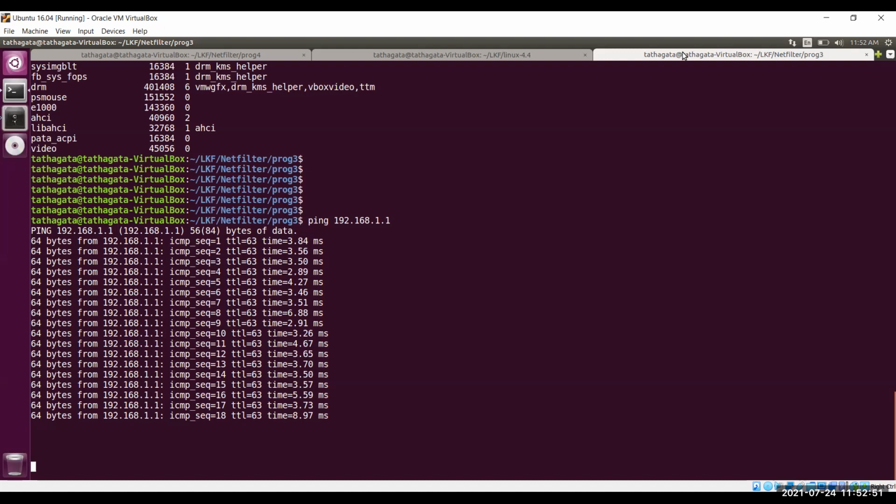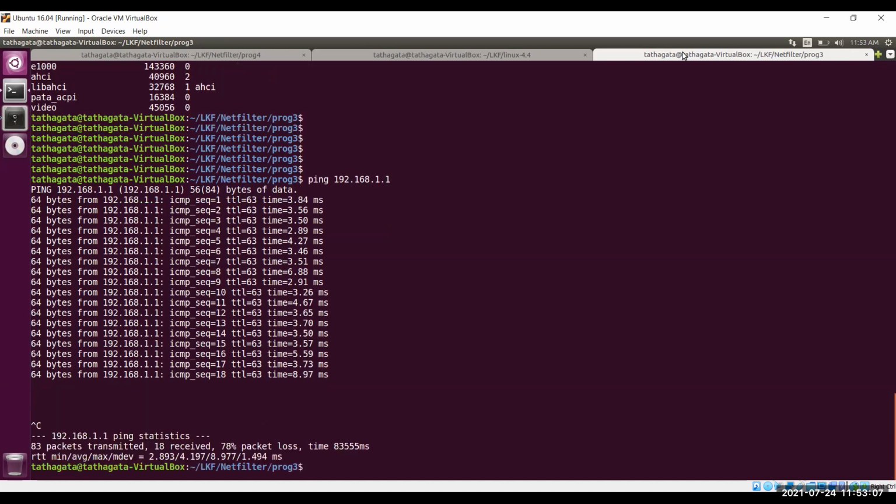Otherwise, the packet is not getting processed, but we keep on sending packets. That may exhaust all the resources of your system, and your system may collapse. So it is a very important point that whenever you are sending the packet as NFQ, there must be one counterpart who is receiving the packet from the same queue.